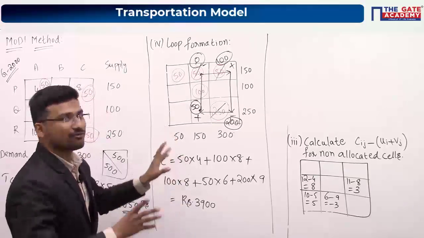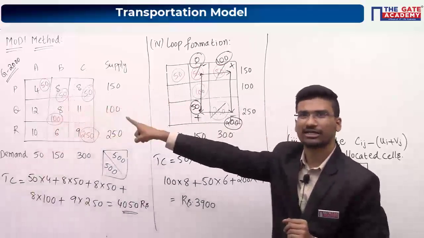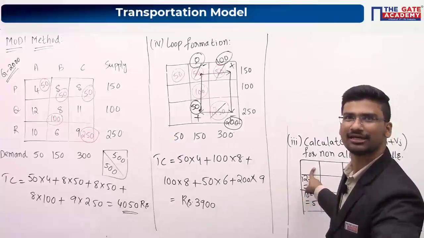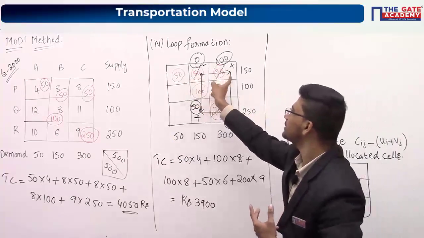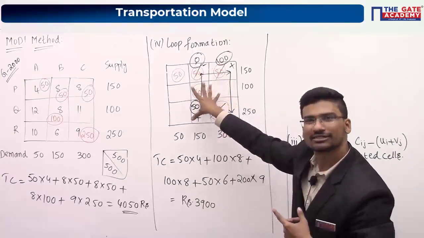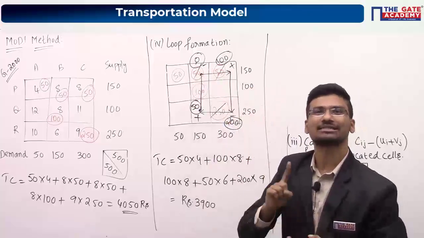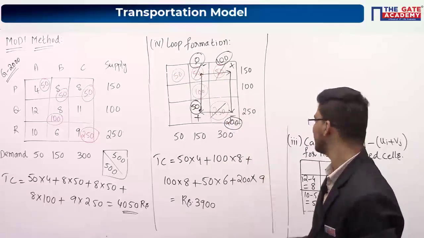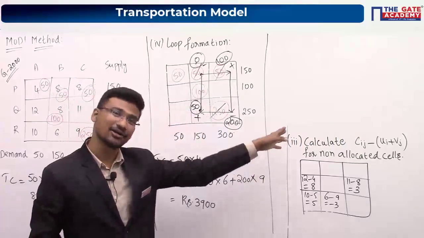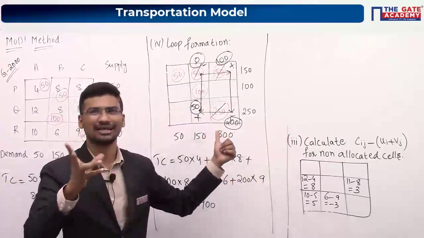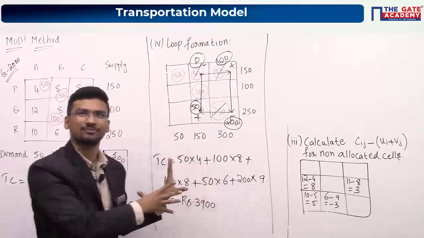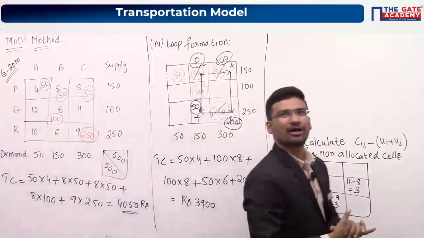Okay. So what we have done, we have taken these particular allocations and we have performed step 1, step 2, step 3. So now take these new allocations, 1, 2, 3, 4, 5, and repeat step 1, step 2, step 3 and check whether you are getting any negative value in step 3. See, if you are getting any negative value in step 3, again you have to repeat the same procedure, loop formation, everything. Okay. So before starting that, you can take some points for this. Because you will be forgetting. So we have to check again.